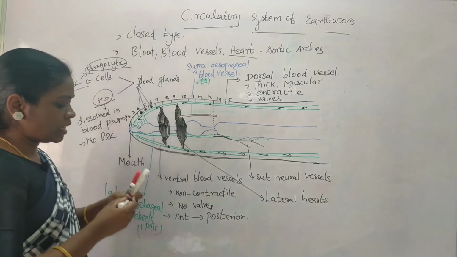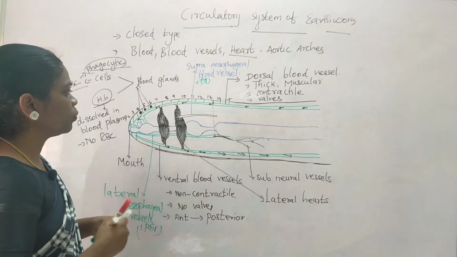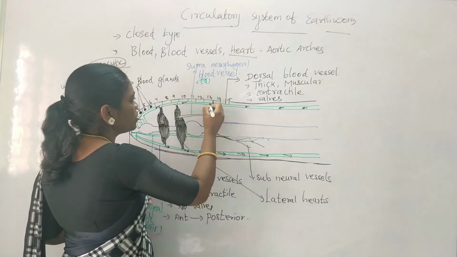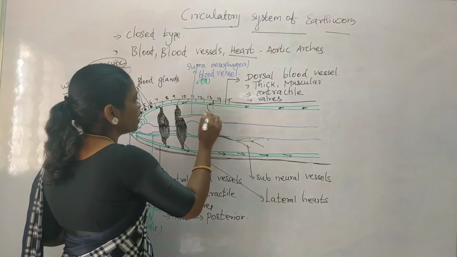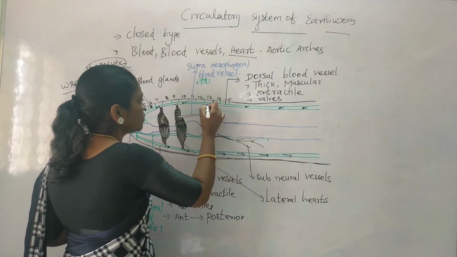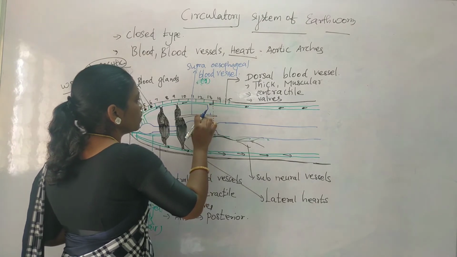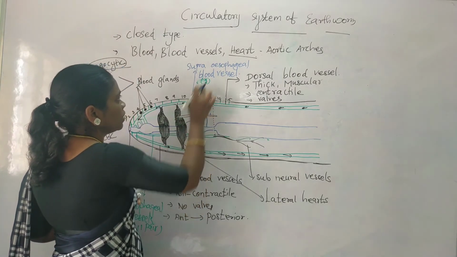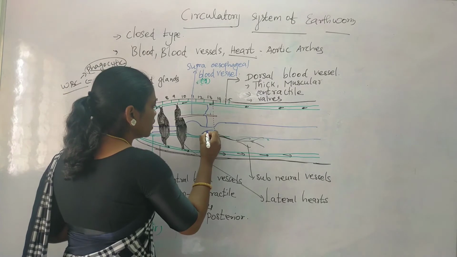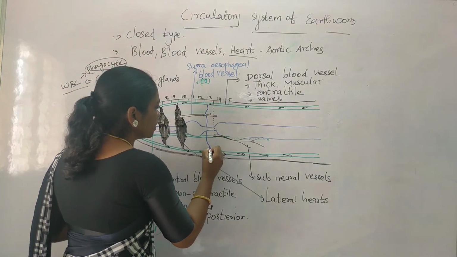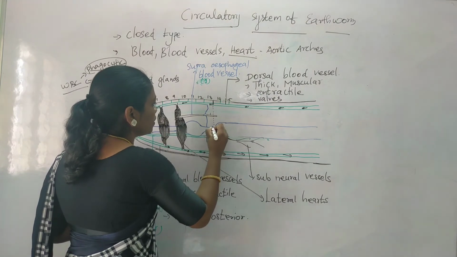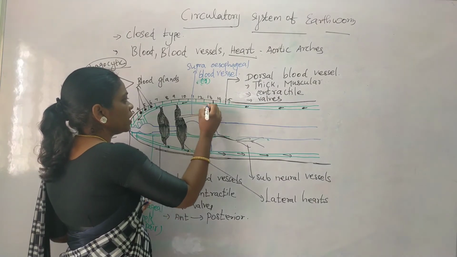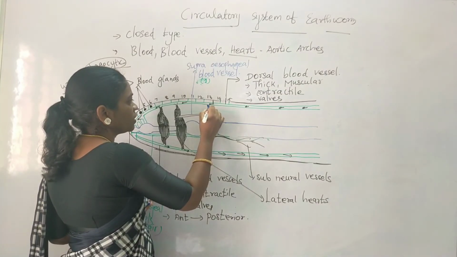Next to this, on the 13th and 14th segment, you can find one more group of vessels that connects the anterior, that is the dorsal blood vessel, with the ventral blood vessel. So on the 13th segment you can find one more vessel, but this vessel will connect the supraesophageal blood vessel. It connects with that blood vessel and they come and join on the 13th segment of the organism.